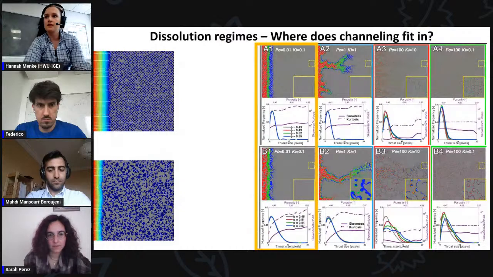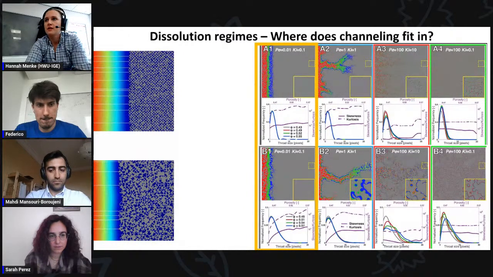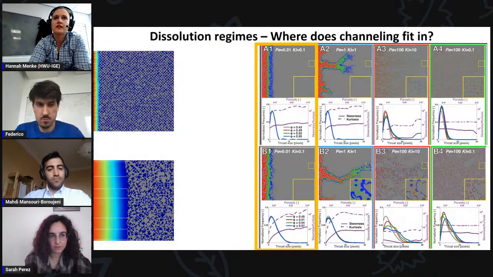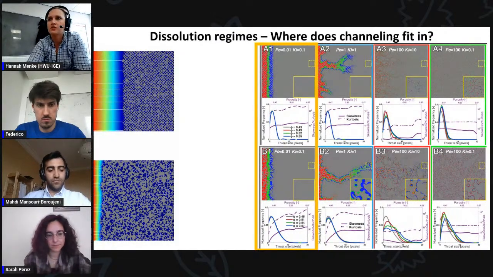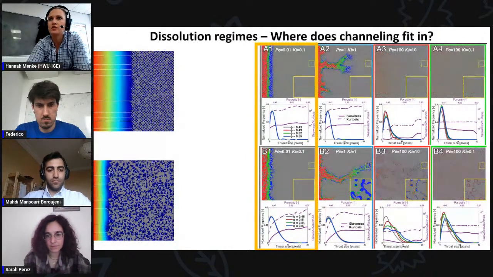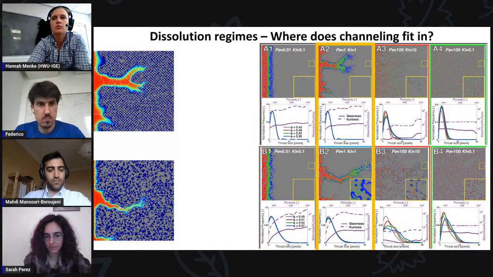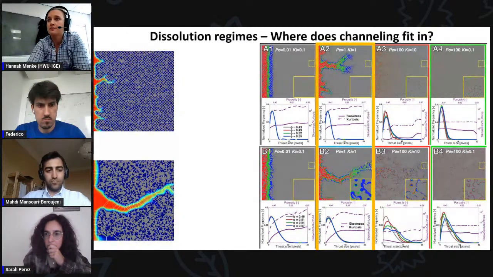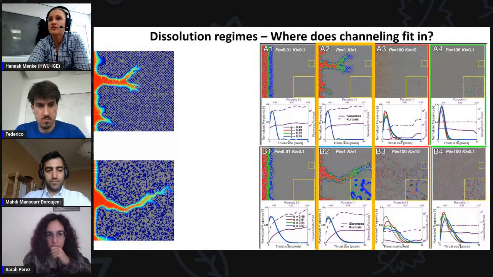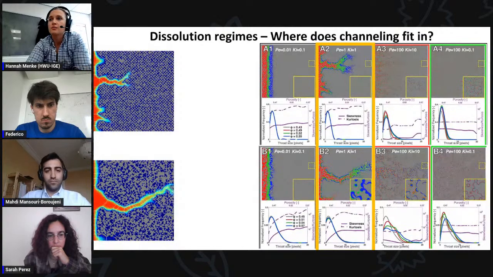So let's zoom in a little bit and see what's actually happening. So here we have a rendering of the dissolution at various porosities through time, and the pore size distributions and how they change. So here's the compact case, which is relatively straightforward, with increasing complexity causing some minor instabilities, but not much. And then as we move to the wormhole case, they're also reasonably straightforward, with the increasing pore space heterogeneity causing instabilities earlier, resulting in earlier breakthrough in the Model A case, and a higher porosity permeability relationship.